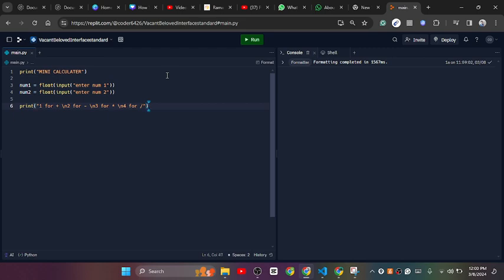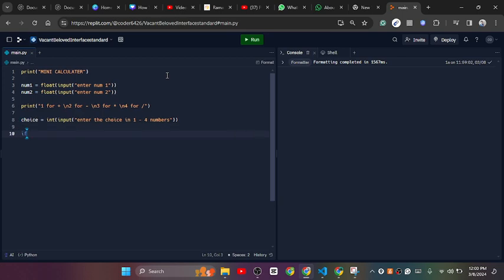Now I will come down, and here I will write a choice equal to int, and then brackets, input, enter the choice in 1 to 4 numbers. And then I will make here an if, and I will write here choice